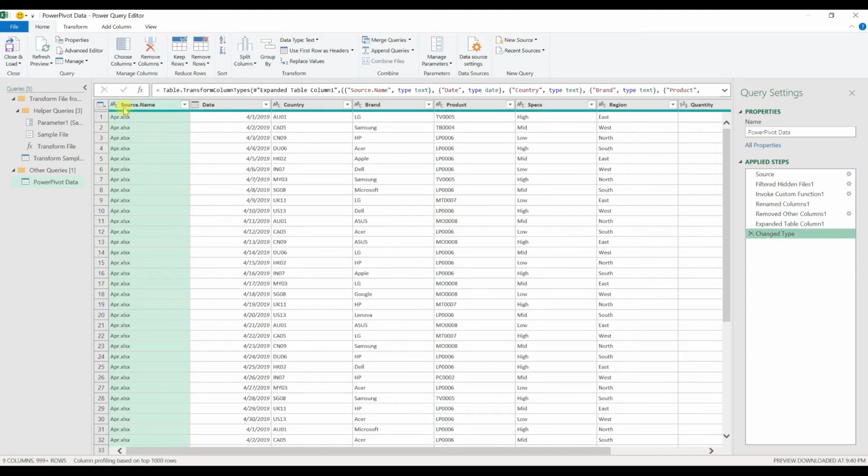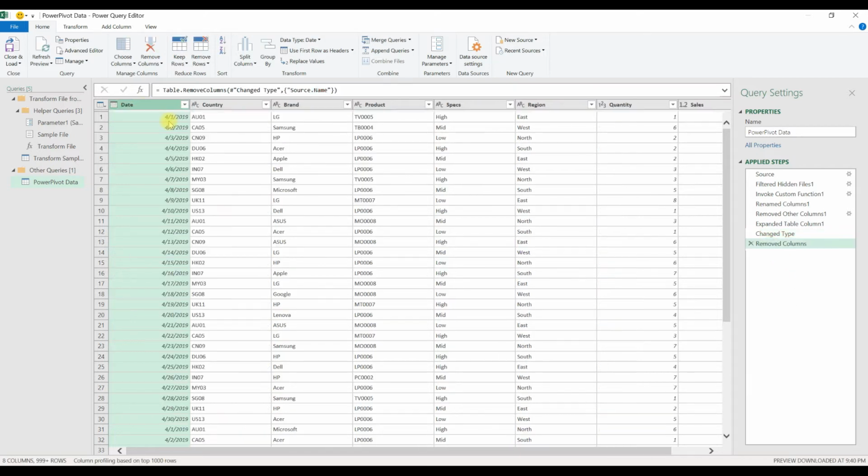Whatever changes you make in this query tab will not completely delete your data. This is just a step. Your original data remains the same. Now let me delete again. See, now it got added, Removed Column. Okay, now we are done with the changes.